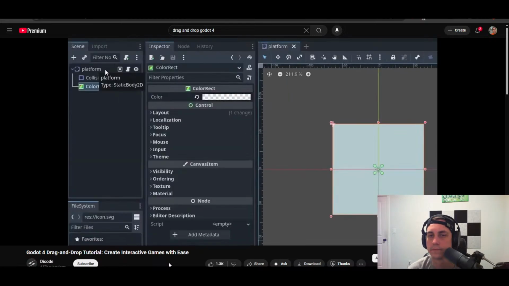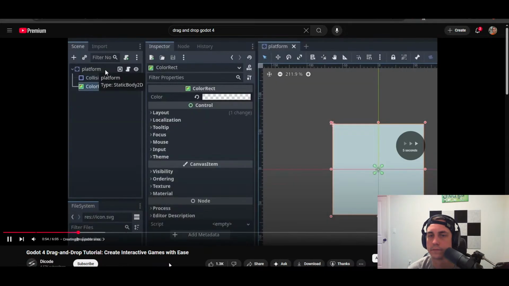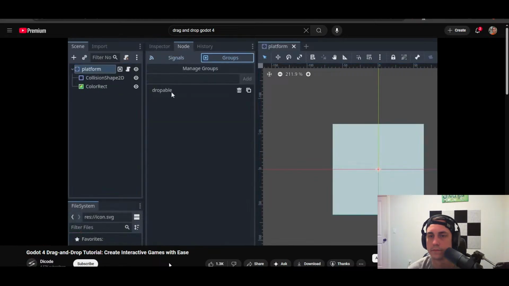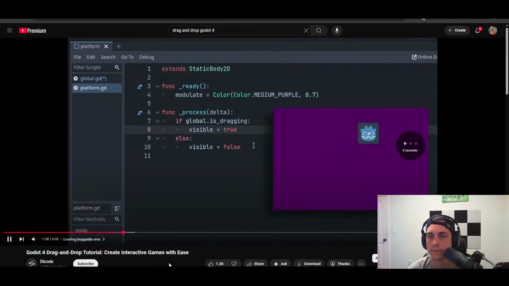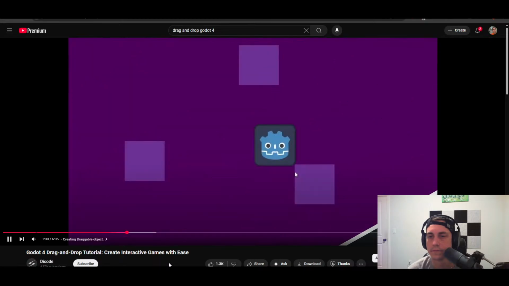You can choose other body types as well, like rigid body. Otherwise the object will not be able to detect it. Also, make sure to assign the droppable group to this scene. Now we only want this to be for our droppable area and visible when we are dragging something. So moving on,